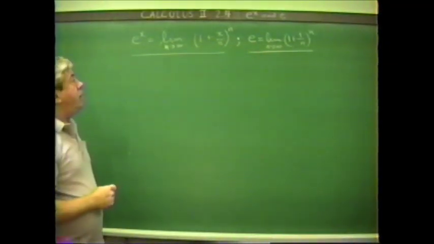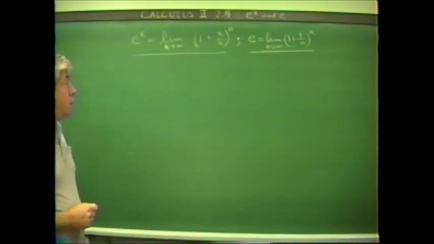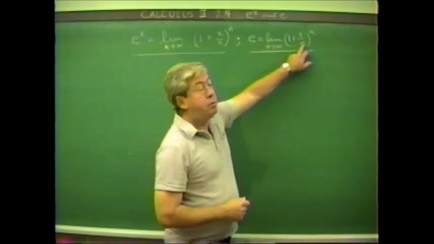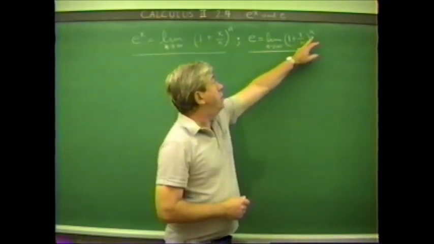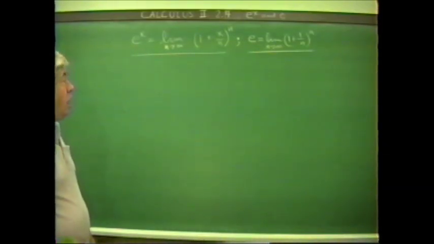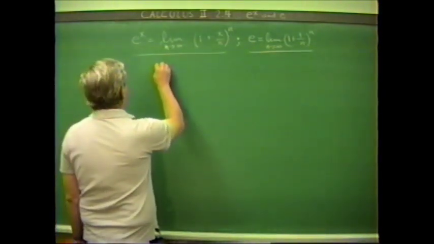Now this is not really an efficient way of computing the number e. If you try and do this with your calculator, you put, for example, a large number n in here, 1 plus 1 millionth to the millionth power. The amount of inaccuracy that's generated will probably not give you an accurate value of the number e. For computing the number e,